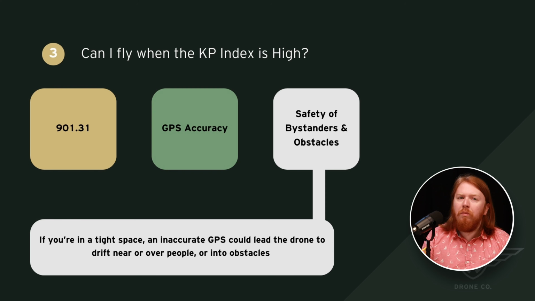Yeah, and then the other thing would be the safety of bystanders and obstacles. If you're operating in a tight area, if you're only a basic pilot and you need to maintain the 100 feet, or if your drone isn't able to fly over people, remember, any flight within 5 meters of someone is considered a flight over them. So if you need to be super accurate, if you're in a super tight space or in an area with a lot of obstacles, telephone wires, trees, that sort of thing,